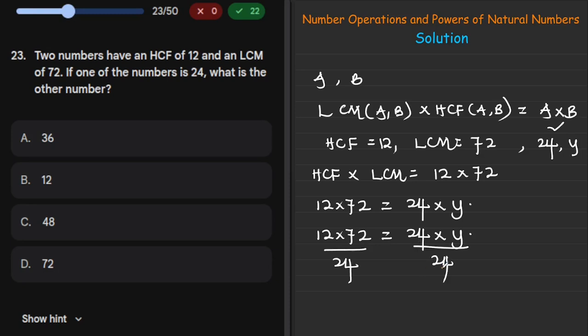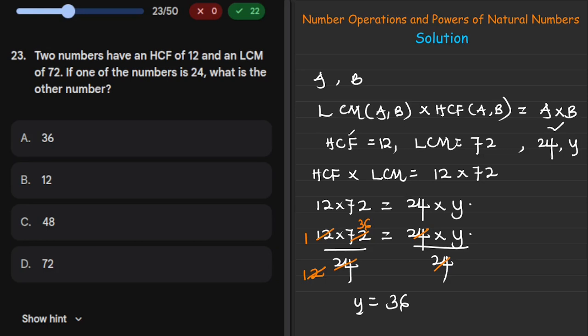So with that, this 24 easily cancels out this 24, and 12 into itself once, into 24 how many times? Twice. You see? Then with that, 2 divides itself once, then it divides 72, 36. So that simply means y, that is the other number, is what? 36. I would advise you really go over this particular solution because this is a very new concept, which says